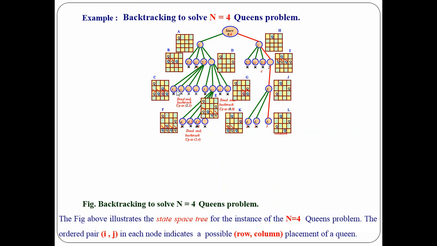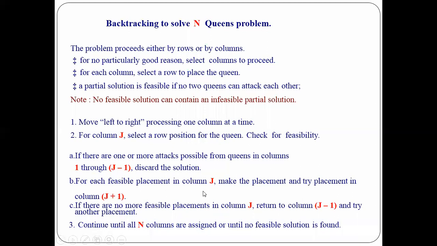Similarly, third row and first column, third row and second column, third row and third column, third row and fourth column. Similarly, for different locations, you can find out what kind of placement and what kind of solutions can be there. So this is all about backtracking now. I'll not discuss this slide in detail because this is only the solution that I've already discussed in detail.